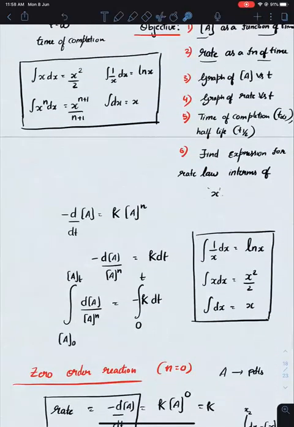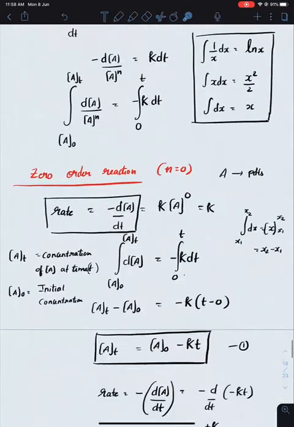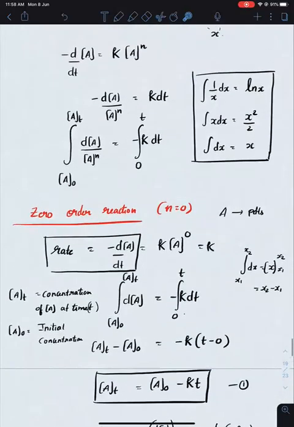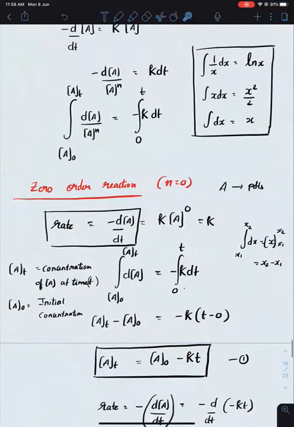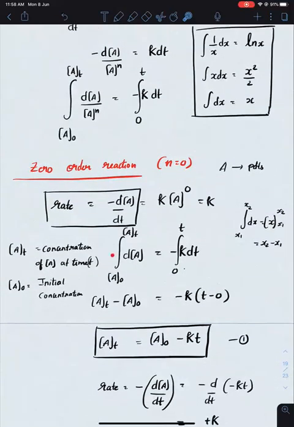So we have started with zero order reaction. For zero order reaction, the expression is A gives rise to products. इसके लिए the instantaneous rate, minus dA by dt, will be equal to k into concentration of A^n. Here n equals 0. Or else the rate is equal to a constant. Rate का expression with respect to time तो आ ही गया इधर. Rate is always a constant. So if I equate minus dA by dt equals k,